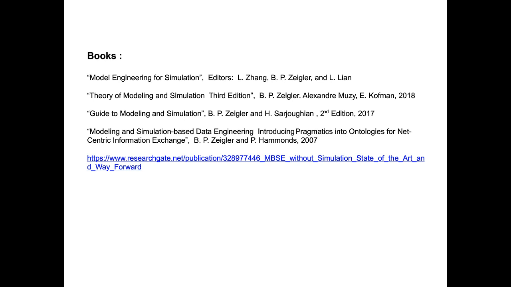Often you need to consider all kinds of combinations, not just individual settings, but how parameters interact. And this leads to combinatorial spaces that have to be searched. And machine learning concepts can help.